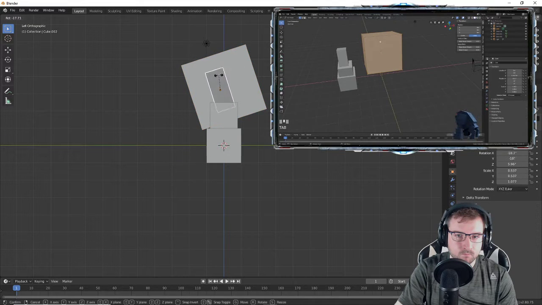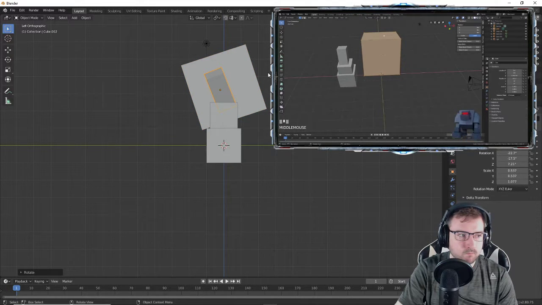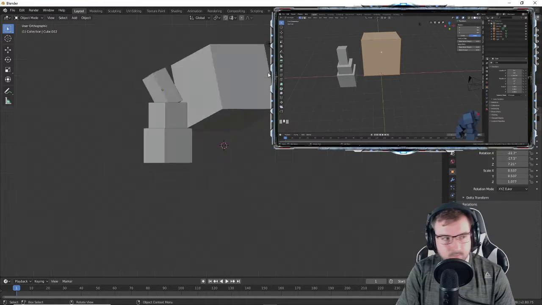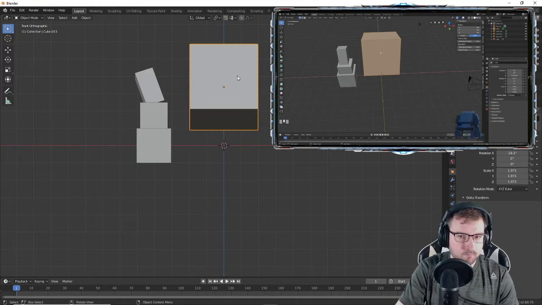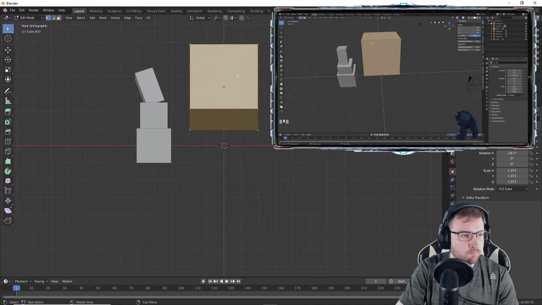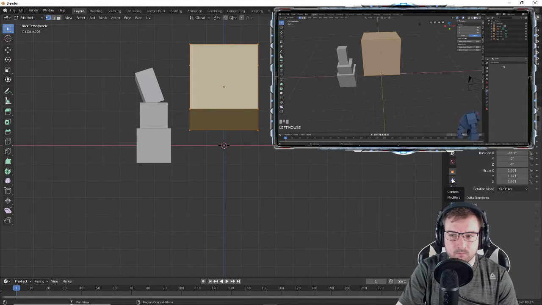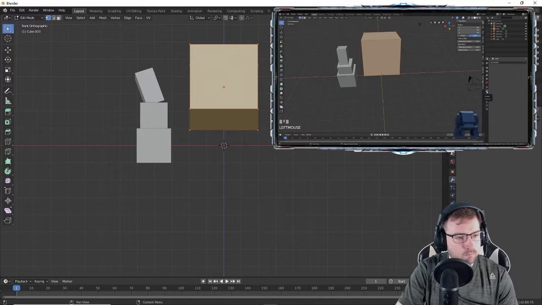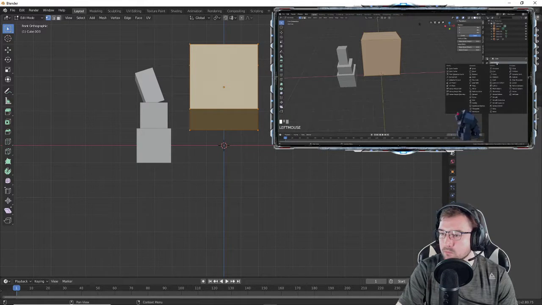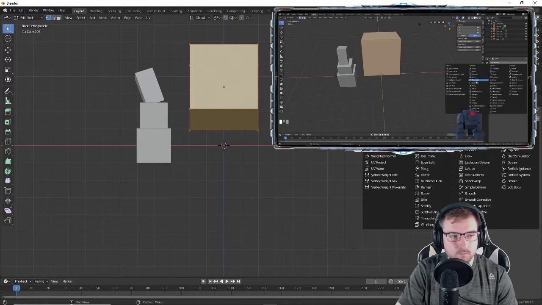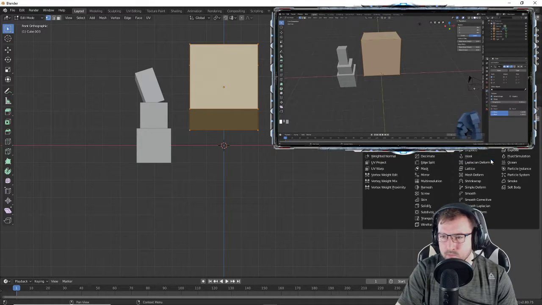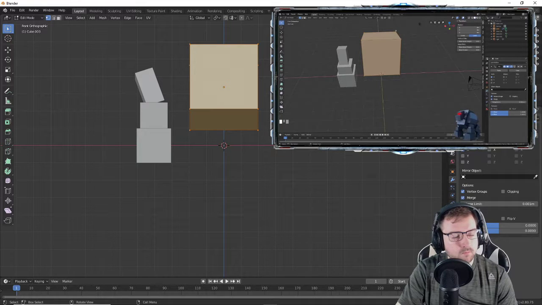Tab into edit mode. And if I mirror this object now, it will mirror around the center point, or the pivot point as it's known, and it will create a whole new cube because we have a whole cube here. Now that's difficult to explain, but I'll go to the mirror modifier. Modifiers are under the spanner, or the wrench if you're American. Click on add modifier, and we have a mirror modifier there. Now, as I've said, it's just created a whole new cube, because it's mirroring the whole thing